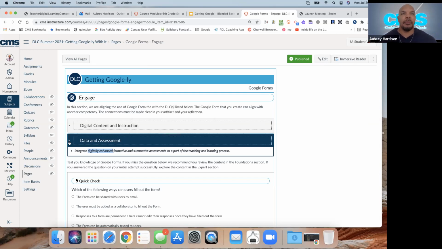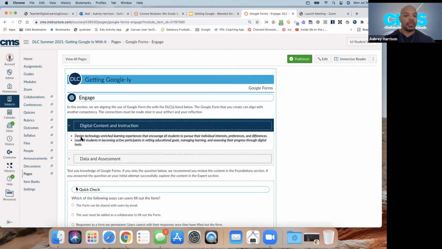And one last thing, let me make sure I mention this. As you are designing your artifact and you are constructing your reflection in the evidence portion, one thing that we are looking at is that we're asking you to select one of these competencies. So it could be this one here. It could be one of these ones under digital content and instruction. You only have to choose one. I would recommend that you only choose one. And once you select that one,